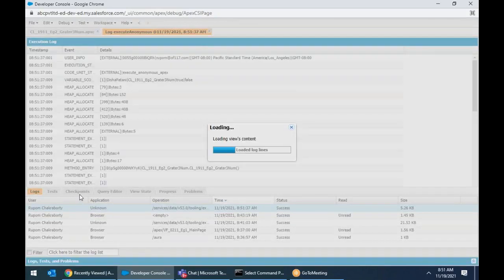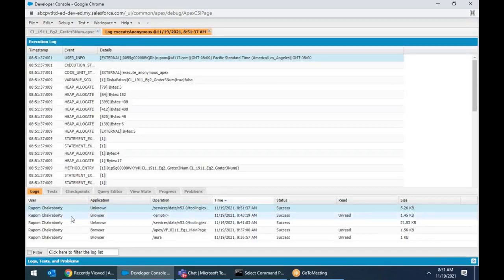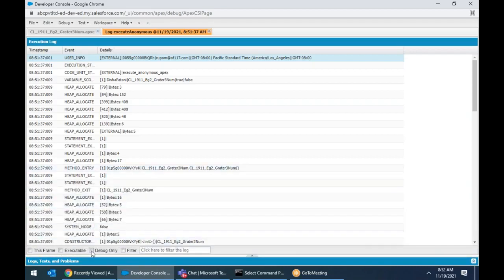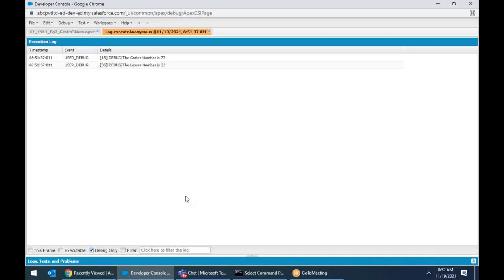Whether you call Disha Patani a program, a variable, a class, or a method, whatever you call it, it's all the same. After you convert something to an object, everybody becomes the same. This is a non-living thing, phone; I'm a living thing. Once you convert this to an object and you convert me to an object, then both are the same. Now I say debug. You have your answer there. The greater number is 77. The lesser number is